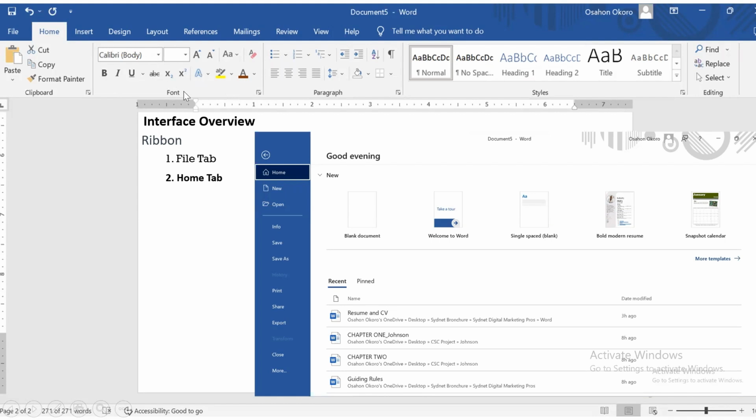All these are done with your Font. You also have your Clipboard, whereby you can cut a highlighted text, or you can copy a highlighted text, or you can copy the format of that text.